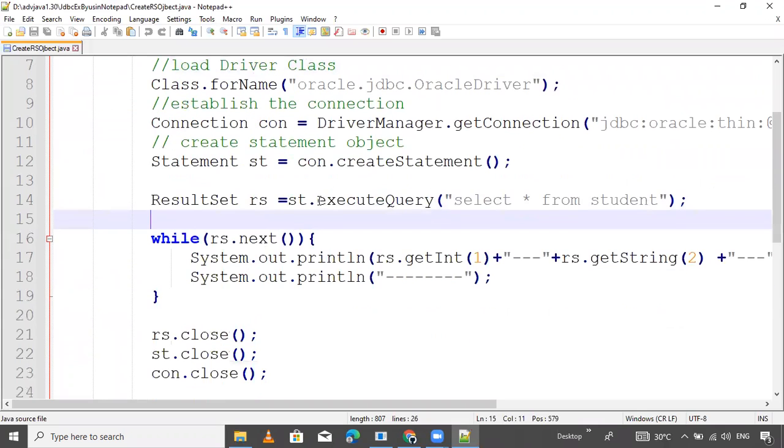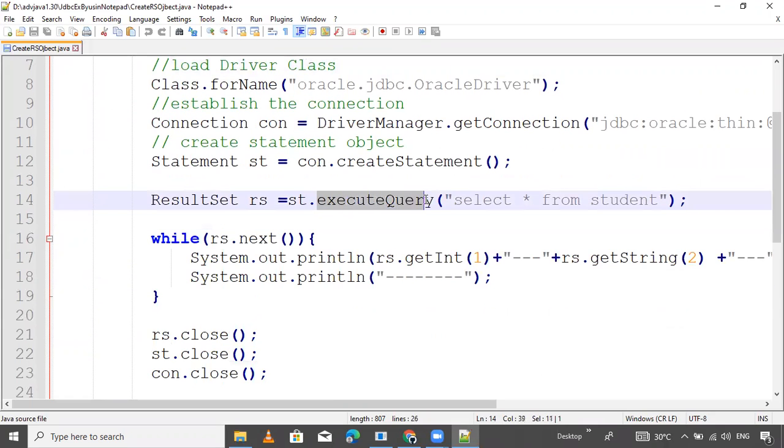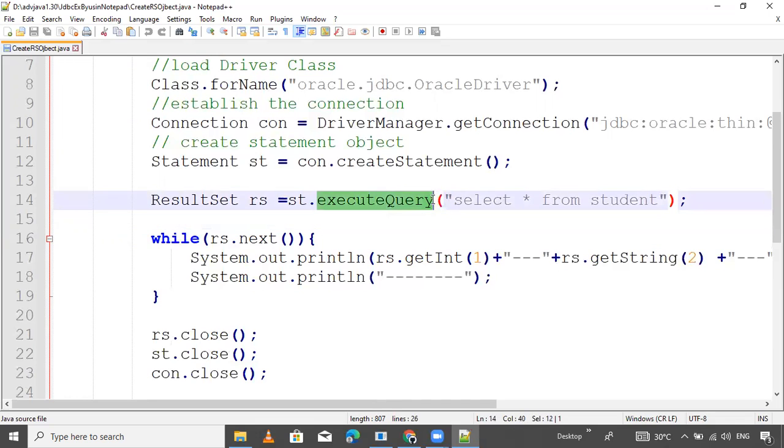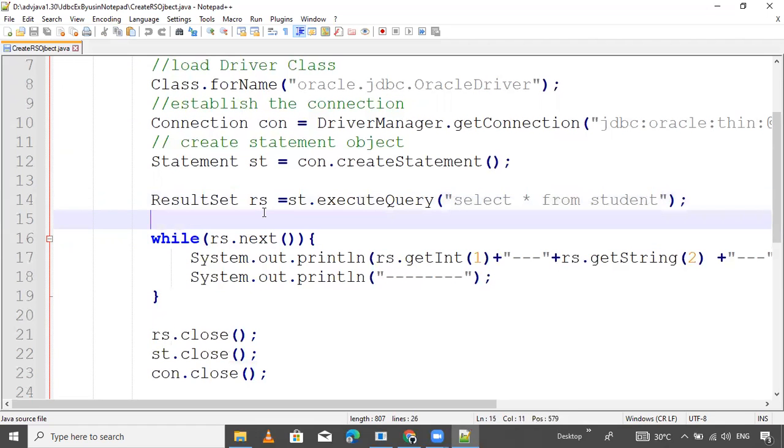The executeQuery method's return type is ResultSet, so we need to create a ResultSet object to store the data retrieved from the database.